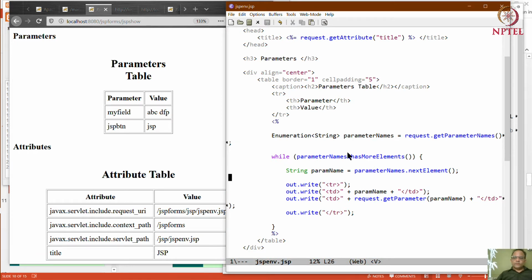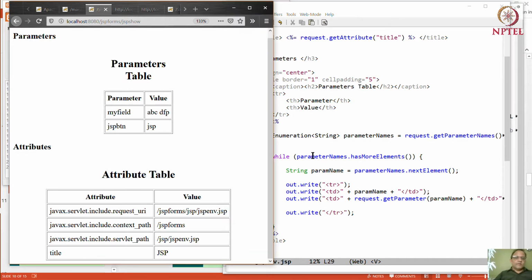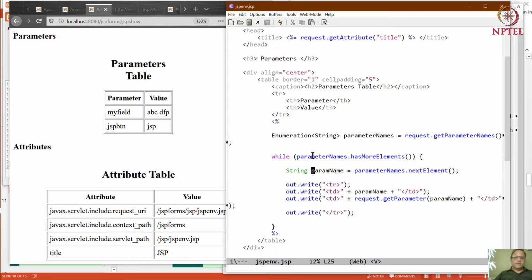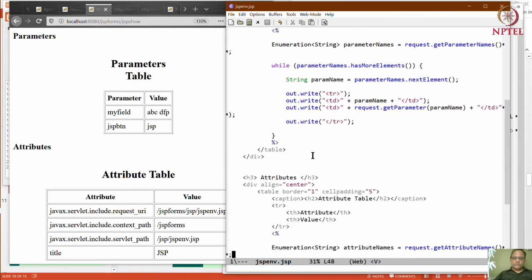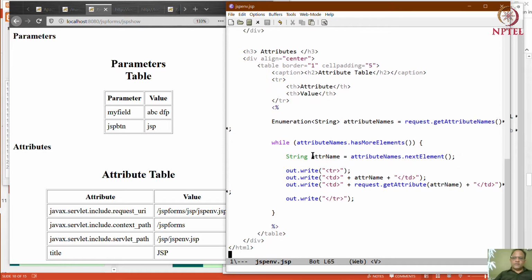Yeah, so you have parameters and you have their values, request parameter and request value. All right, I'll keep this on the screen for a minute more, and now the second table generation is pretty much the same as this one. So another such table, another such loop. Nothing very complicated.